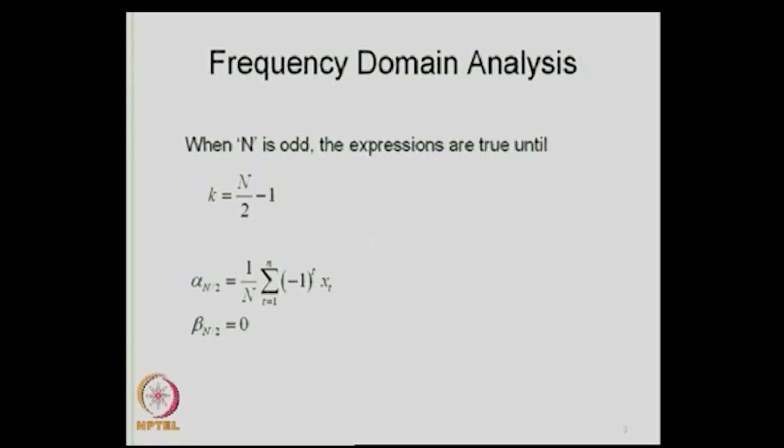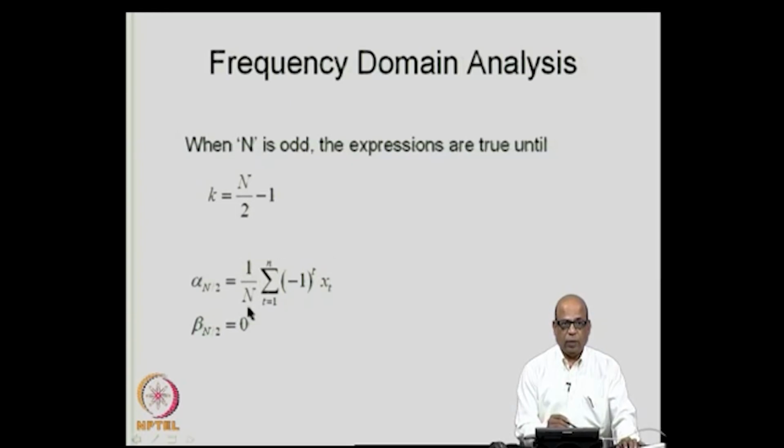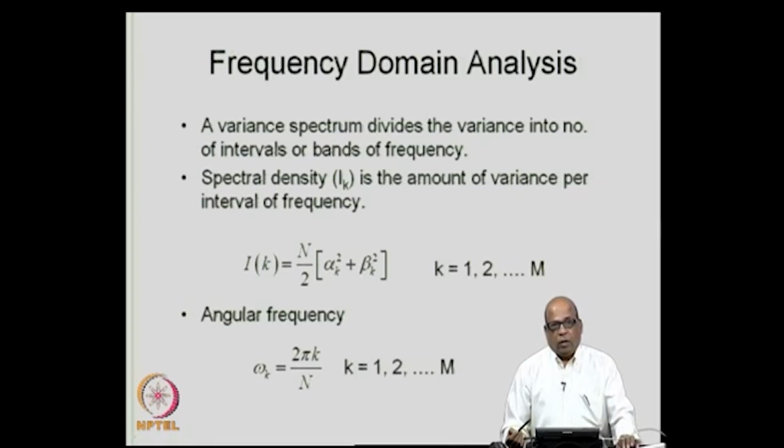When n is odd, the expressions are true until k is equal to (n minus 1) by 2, and the last values of alpha n by 2 and beta n by 2 will be given by this. Beta n by 2 will be equal to 0. Now, let us see what are the